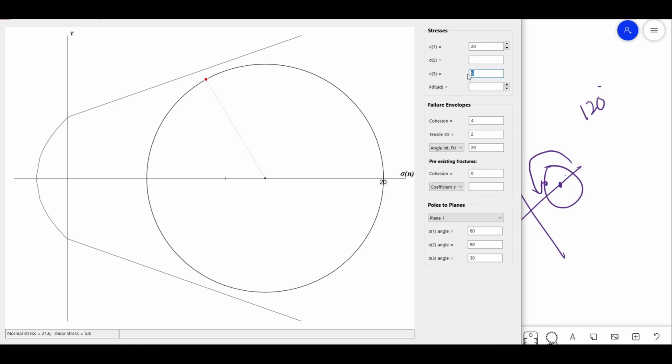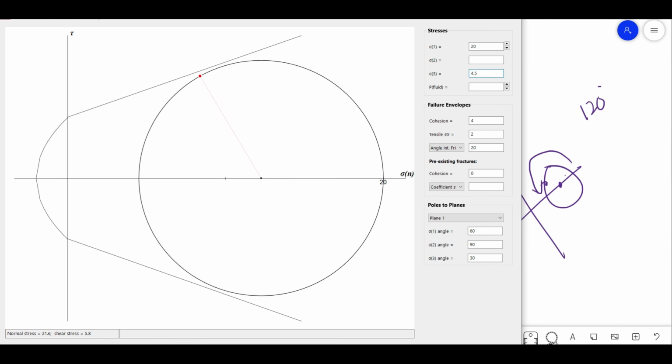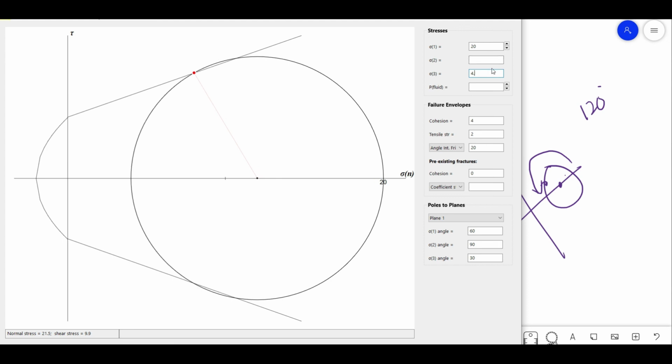at a constant value of sigma 1. So instead of 5 we can write 4.5. Yes, it's increasing but still not touching, and at a value of 4, this circle is actually touching the envelope. 4.2 is quite nice. So at a sigma 3 value of 4.2, and we need to remember that the initial value of sigma 3 was 5, and we are now taking 4.2 instead of 5, keeping sigma 1 constant. So at a value of 4.2, the Coulomb-Griffith fracture envelope is becoming a tangent to